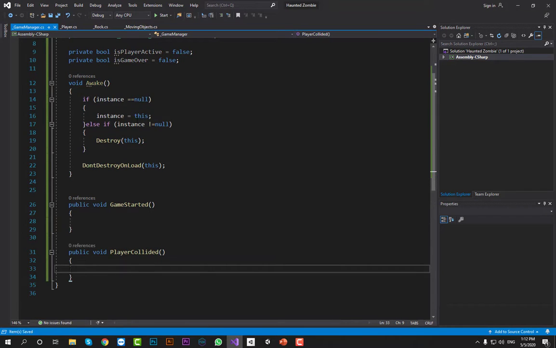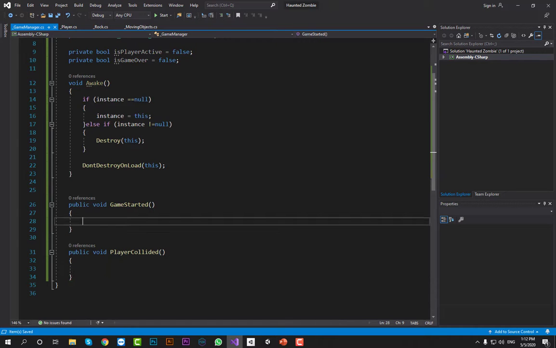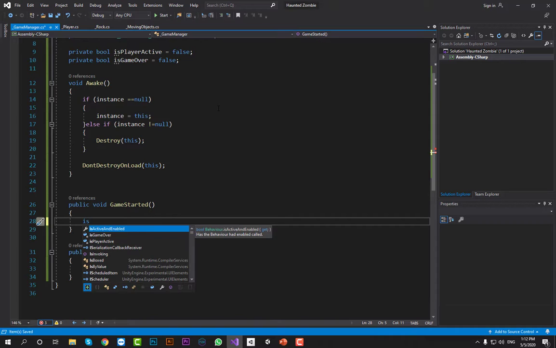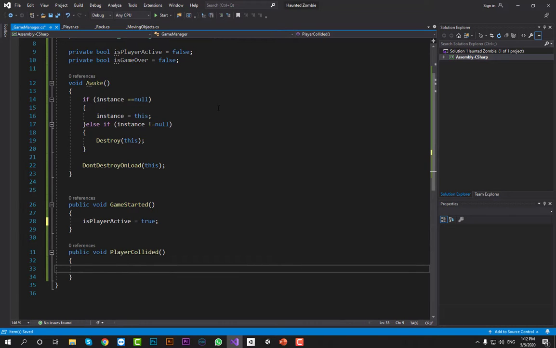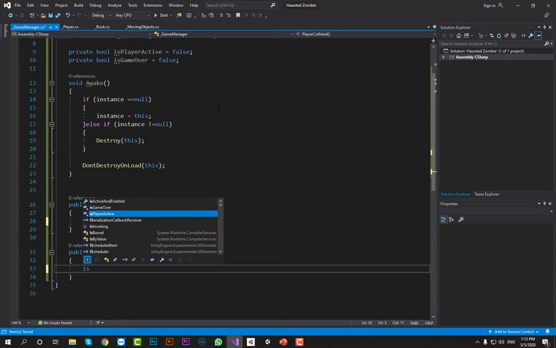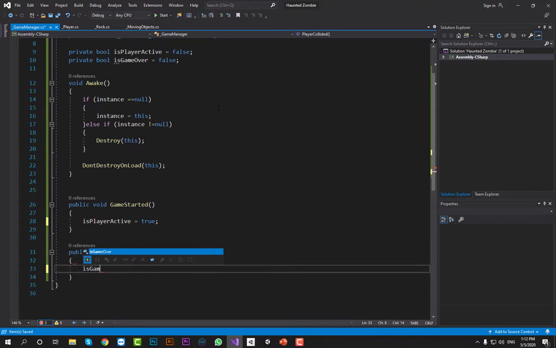Okay, I have created these functions. If the game is started, it means isPlayerActive will be true, and if the player collided with a rock, it means isGameOver is equal to true.